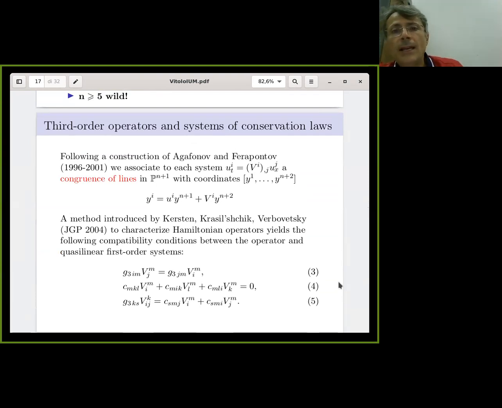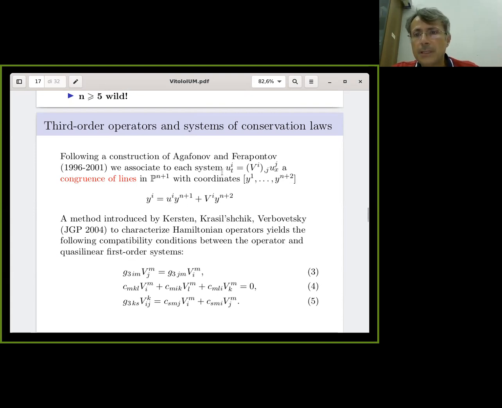Okay, now how to relate third-order operators and systems of conservation laws. This is paramount for us. It is of paramount importance because we have systems of conservation laws and we want to find third-order operators. For first-order operators, there are conditions of compatibility between systems of conservation laws and first-order operators, and they were found by Sergei Tsarev in 1985, maybe. Well, but what is interesting is also that